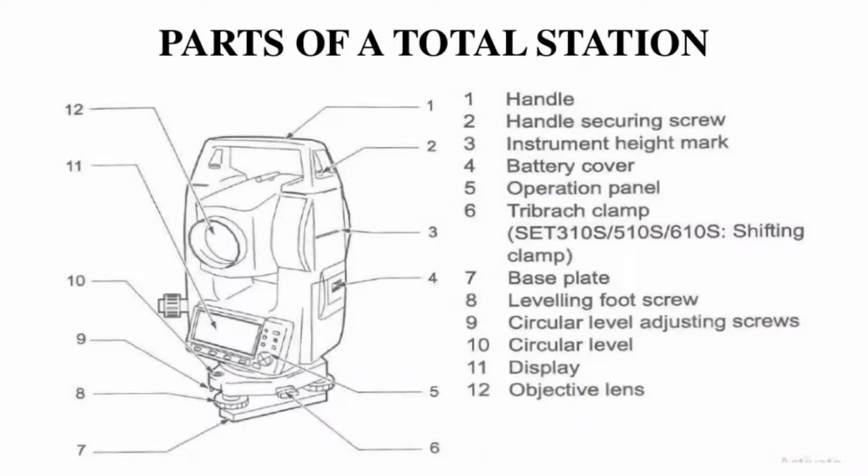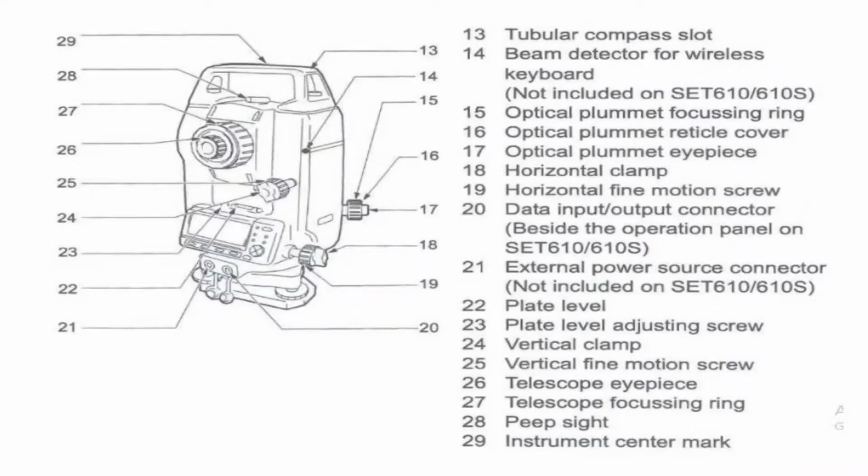The typical total station consists of the following components. That means handle, screw, data input or output terminal, instrument height mark, battery cover, operational panel, tribrach, then shifting clamp, base plate, leveling foot screw, circular level adjusting screws, circular level, display, objective lens, and tubular compass slot, then optical plummet focusing ring, optical plummet rectifier cover, then optical plummet eyepiece, then horizontal clamp, horizontal fine motion screw, data input and output connector, external power source connector, plate level adjusting screws, vertical clamp, vertical fine motion screw, telescope eyepiece, telescope focusing ring, peep sight, instrument center mark,